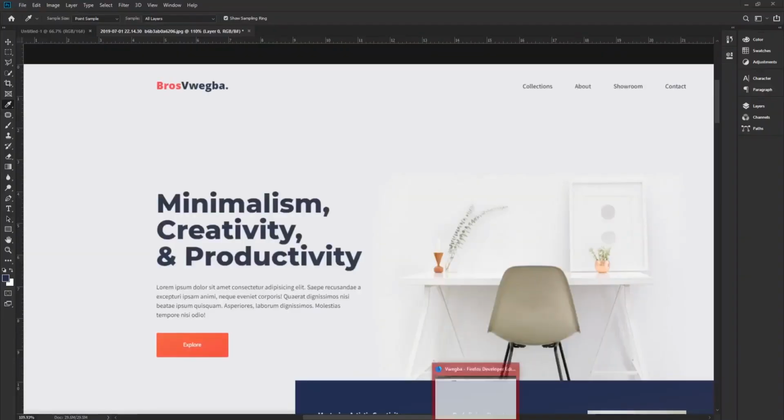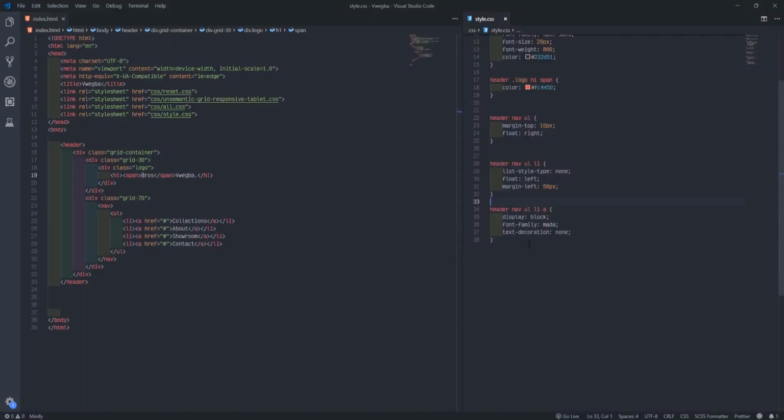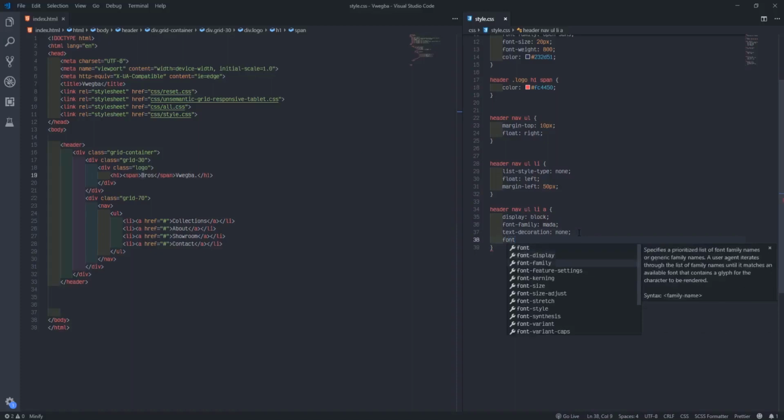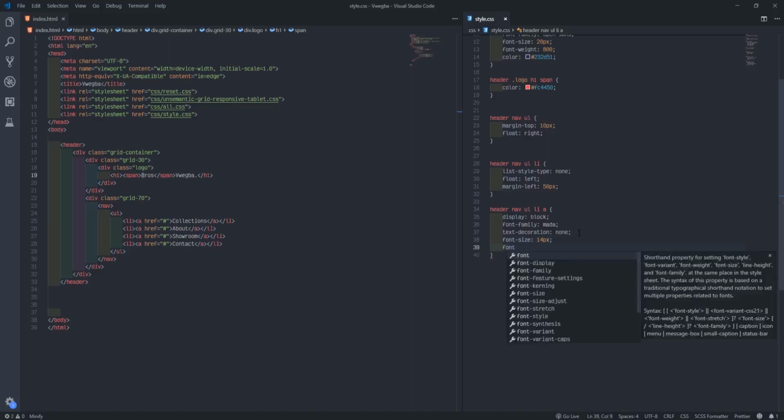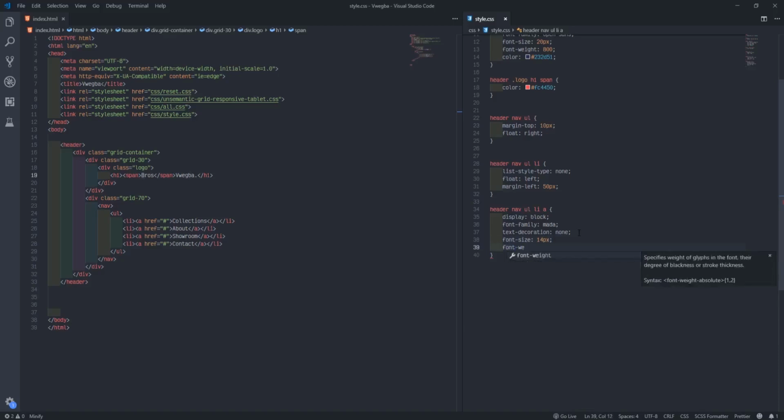But the font now, I say the font's too big compared to what we have here. The font's too big compared to what we have here. So I'll come here and I'll say font size, like 14 pixel. Because they made the font too big in here. Let's say we are blind people.